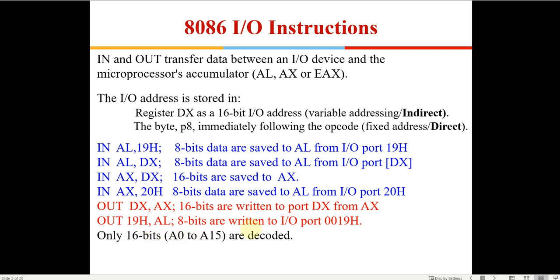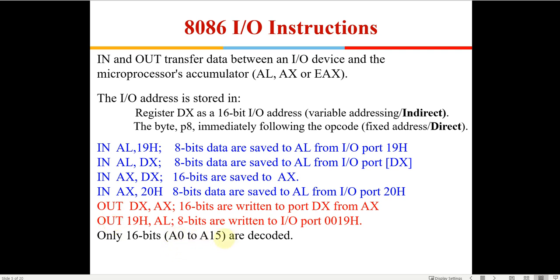Only 16 bits are decoded when we are doing an input output port, not all the 20 lines. When we write IN and OUT commands, the maximum available is 64 kilobytes, that is, the maximum number of input output ports you can have is 64K. So only 16 address lines will be activated on the bus. The rest will be don't care, so we will not be using them for decoding.